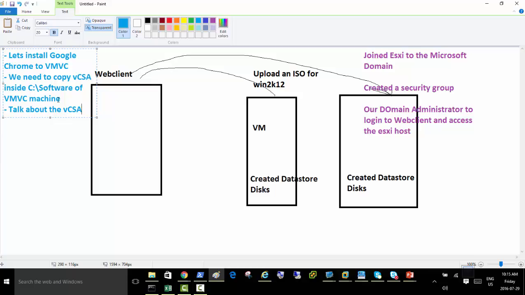Then we will talk about the vCSA. What is the vCenter architecture? There are two types. What are the two types, and what is the design? We need to talk about the design as well, how we can deploy that, and how both of the vCenters get deployed, and why we would choose one over the other. We need to talk about all that,